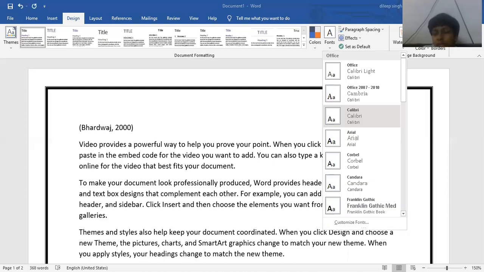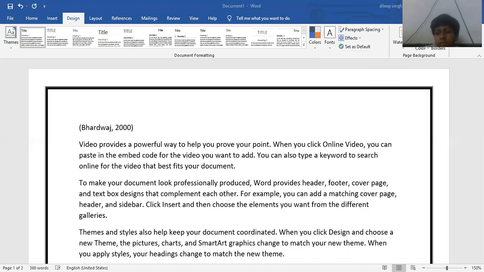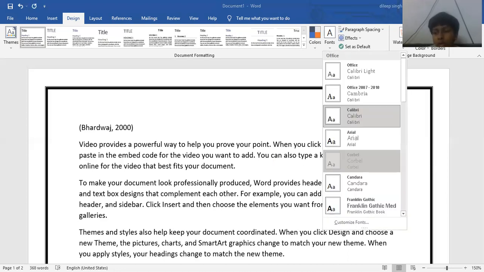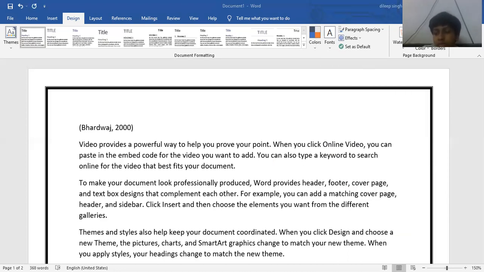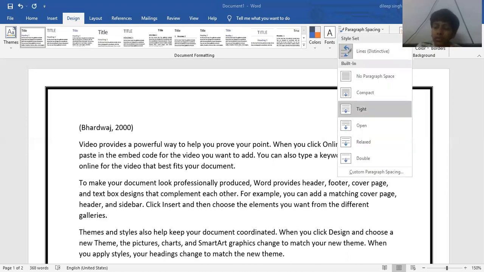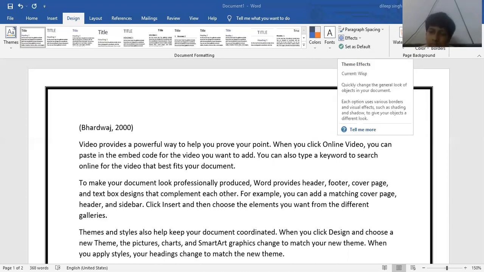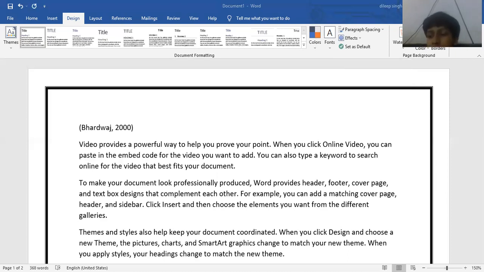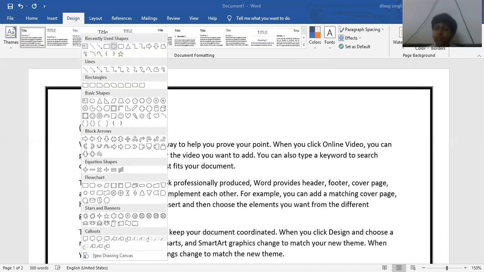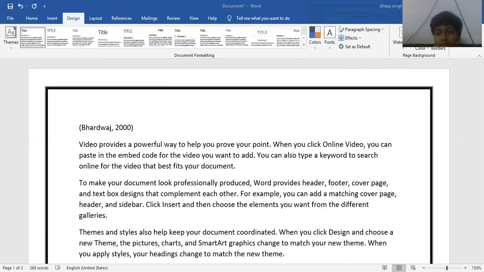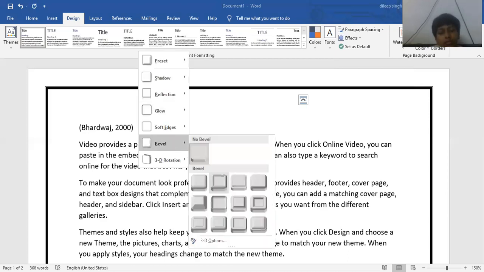It will appear on the whole document, not on a single page. If you want to change the paragraph spacing, just click on it. You can increase or decrease the paragraph spacing between the lines in this manner. And here's the effect. Effect comes with the shape, not here. When we use insert shape, then we can easily observe the shape effect. For example, when we click on insert, we add a shape from this and draw a circle. Here we add some effect, a 3D effect, a bevel effect you can choose here.